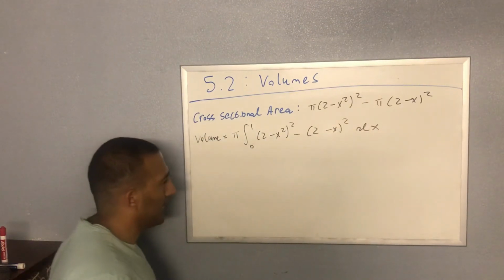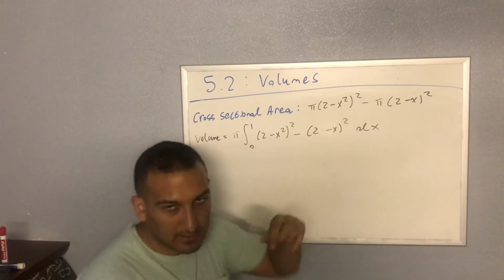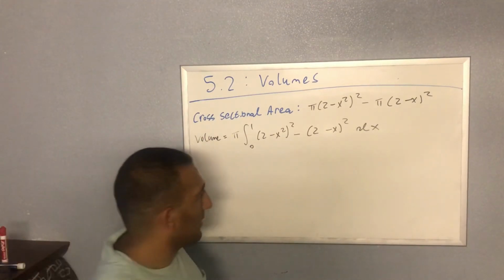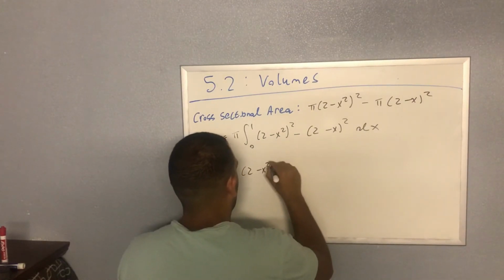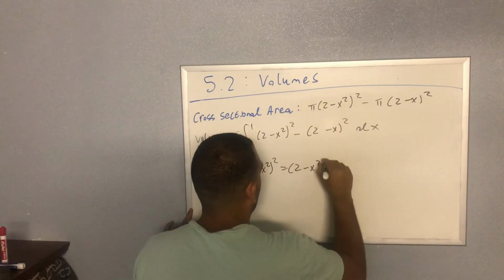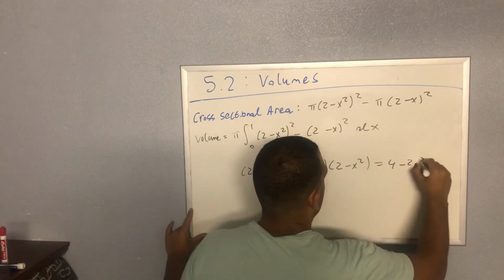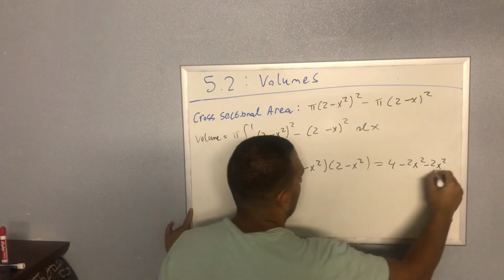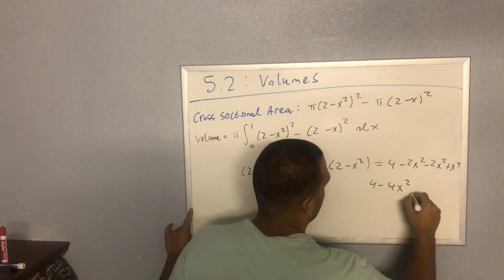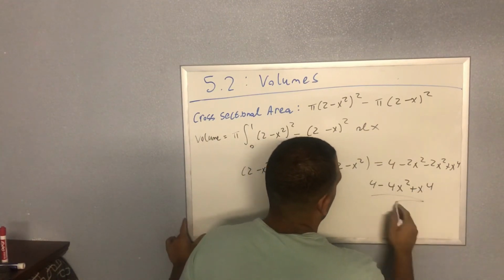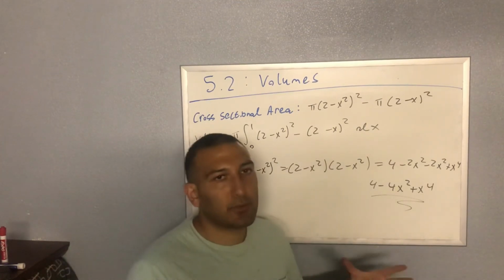Now if you're wondering how to do this, you would have to FOIL each of these out, expand these out. So for example, 2 minus x squared is 2 minus x squared times 2 minus x squared, and then you FOIL this out to get 4 minus 2x squared minus 2x squared plus x to the 4th. And then this would combine into 4 minus 4x squared plus x to the 4th. So you would expand the other one out too, and then basically just combine what you have and apply the